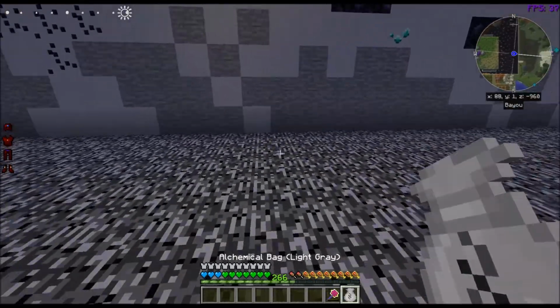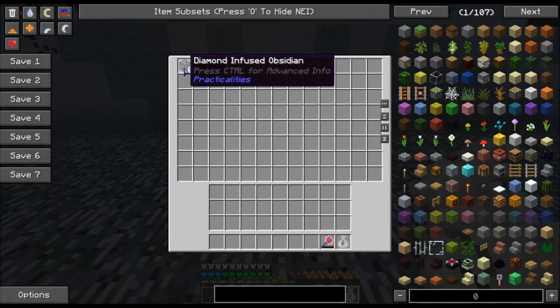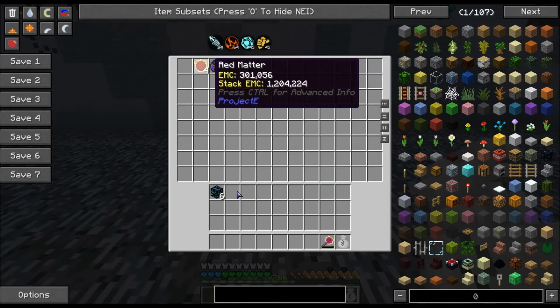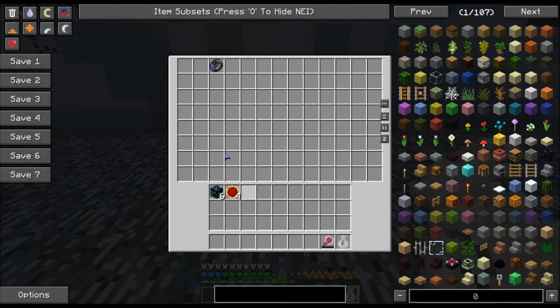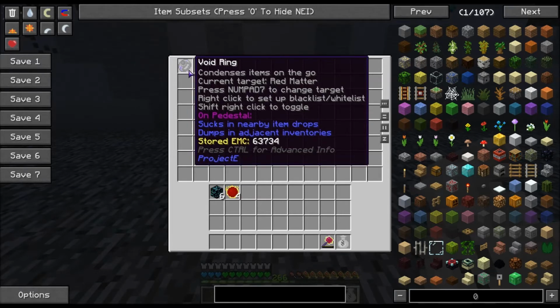The Alchemical Bag. Now, these things are nice. You open them up, they have a huge inventory. And in here, there's a few items still in here from my last use. And in here, I have a void ring. The void ring is made...